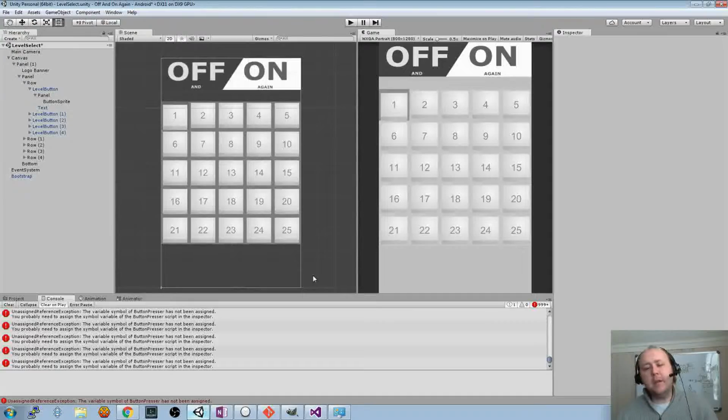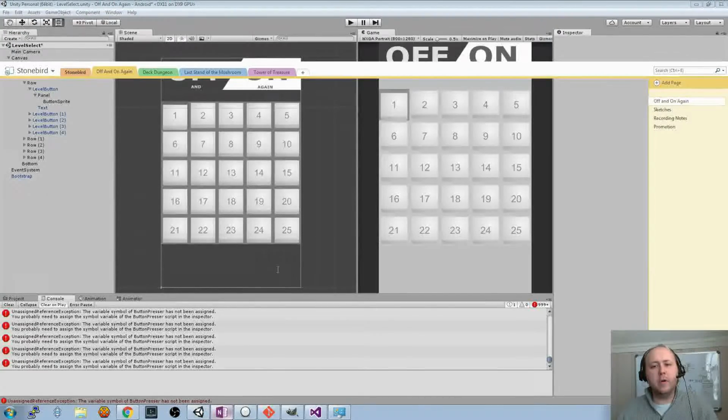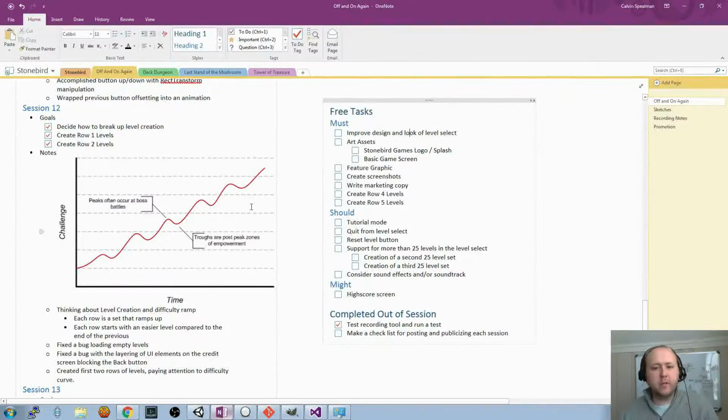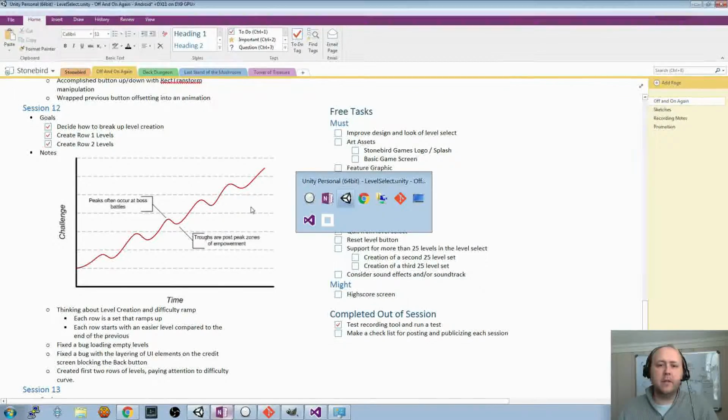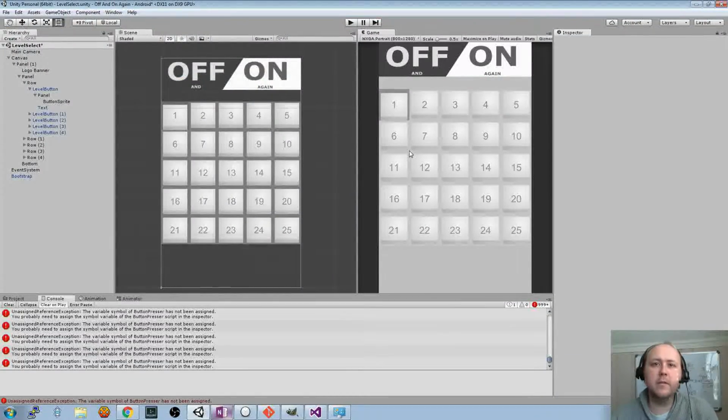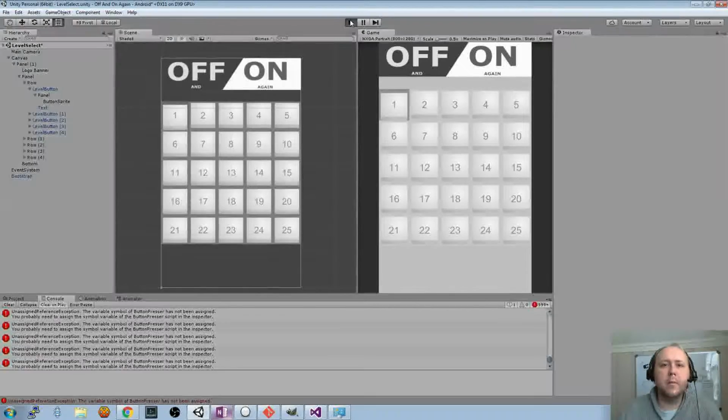And I'm going to pick right up because episode 12 left off with an in-progress task. We were working on updating the level select screen to match the new aesthetics of the gameplay screen, since they kind of borrow the look and feel from each other, and we refactored the gameplay grid so that the button press animations could apply to both that screen and the level select. But we didn't have time to finish this up, and we're going to take a look at the current state of both the level select and gameplay screens, and take note of the things that we're going to be fixing